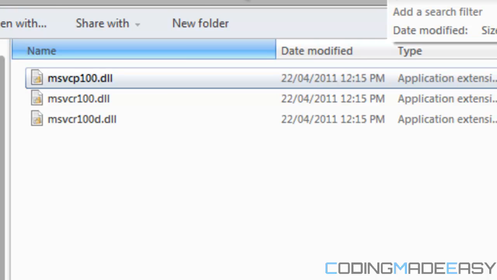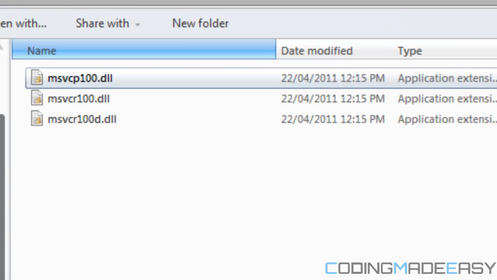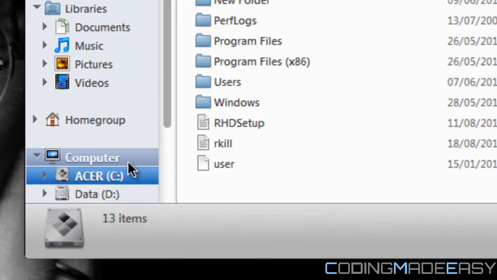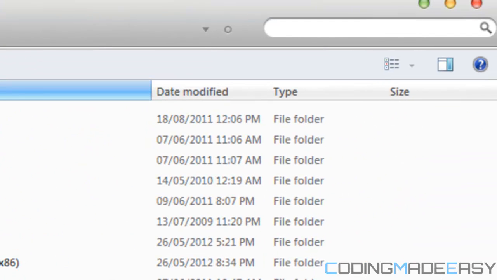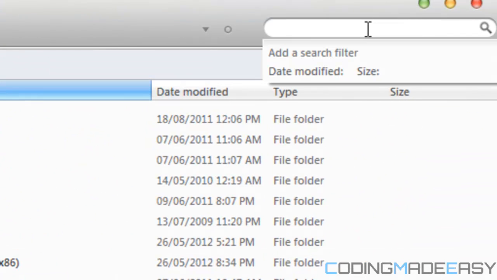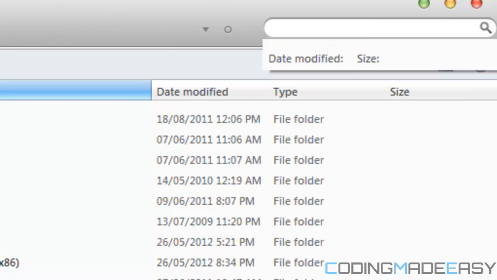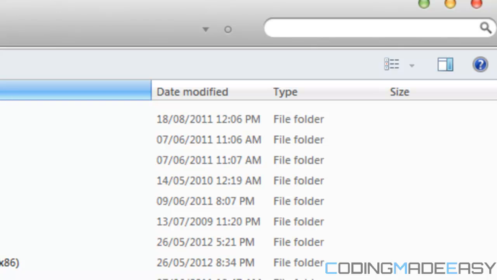In order to get the files, we want to go to our C drive, or our main hard drive, depending on what that is on your computer. First of all, you need to know if your computer is a 64-bit system or a 32-bit system. Whatever bit system your computer runs on, that's where you're going to have to acquire your files from. And that is very important because